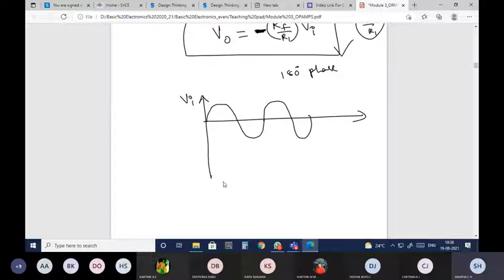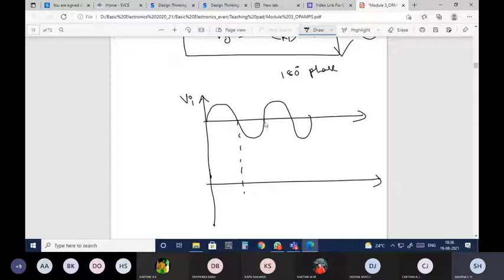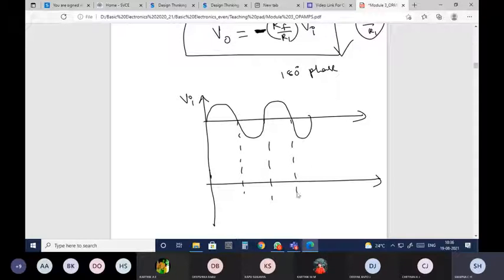Vi is in this way. Then my V0 will be, okay, my V0, this is my V0. V0 will be amplified. So if you just observe, the frequency is not changing, only the amplitude is changing. But if you just observe, it is inverted, 180 degrees out of phase. So these are the waveforms of your